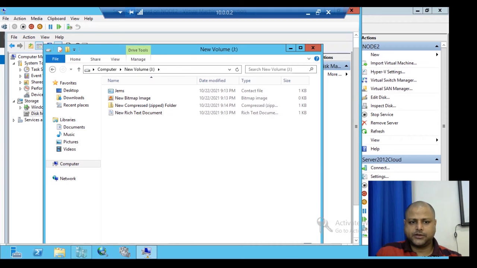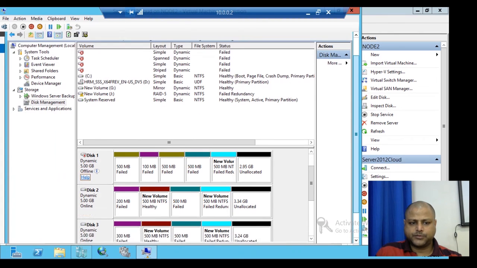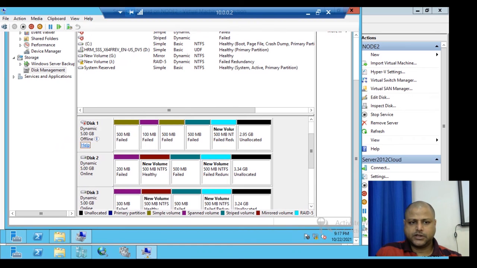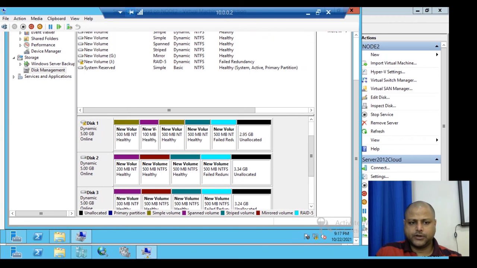And in a real time scenario, in the production environment, all the systems are configured in this manner, so that even if a disk goes down, the data will not be affected, and the disk will be replaced. So now what we will do is bring online the disk which has been replaced. So we'll minimize this, and we'll go to Disk Management. So here is our Disk Management, and now we'll bring it online. So if we replace the disk, when we bring it online, the system will resynchronize the disk and the data will be available also.